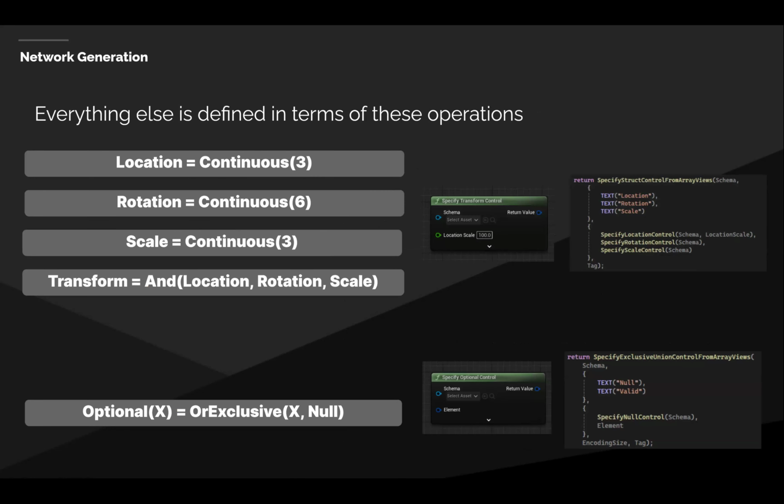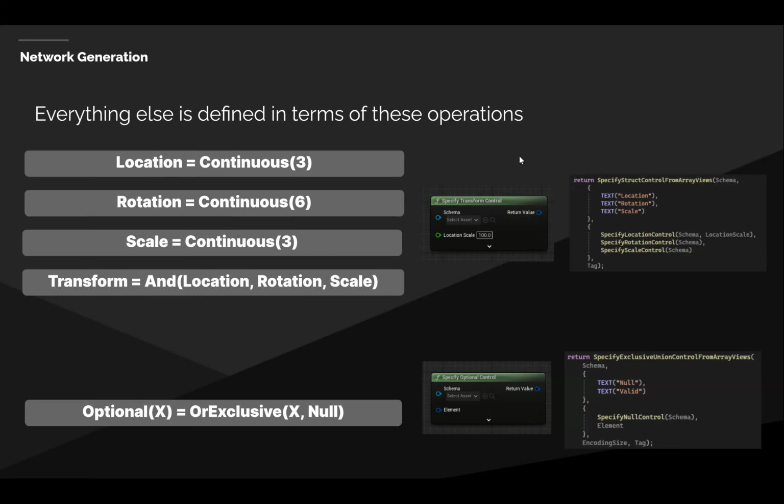Once we have this minimal set of operators, we can define all the other controls we like in terms of these. So like I said, a location could just be a continuous control of 3 values. We could also do the same for a rotation, and we handle the rotation encoding properly. Scale, and we could say, okay, a transform, if I want to give a transform as input to the next network, that's like the AND of a location, a rotation, and a scale effectively.